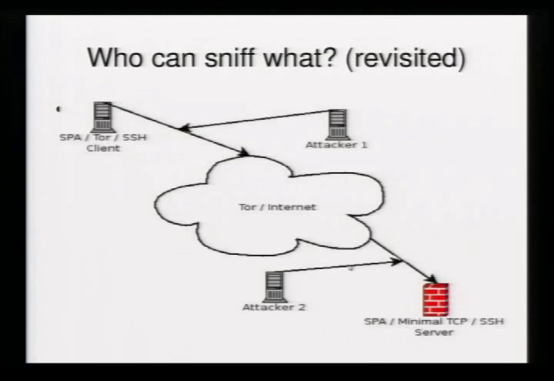It's about, say, 1,000 bytes worth of encrypted data that doesn't repeat ever, and it gets sent across to the minimal TCP server that's running on the FWKNOP daemon side. And then the SSH connection does not go through the Tor network, and there's no way to relate the two communications together.